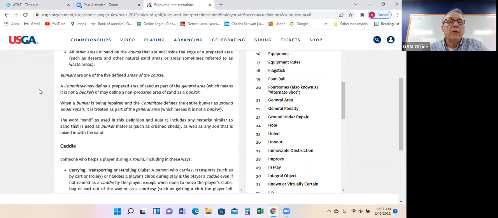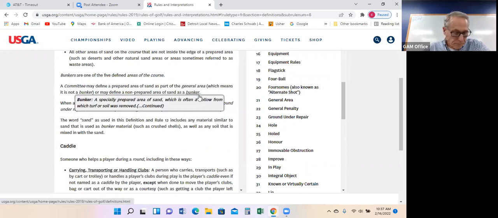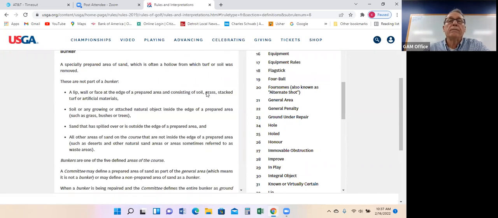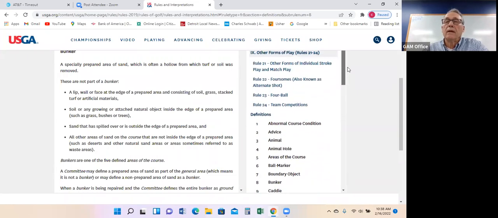So bunkers are one of the 5 defined areas of the course. Right. There's someone here? We have someone in the chat, JW. We have some brand new officials on the line, so if we can try not to abbreviate, that'd be appreciated. Abbreviate what? TIO, for example. Oh, okay. So I'm just saying what the chat says. You mentioned